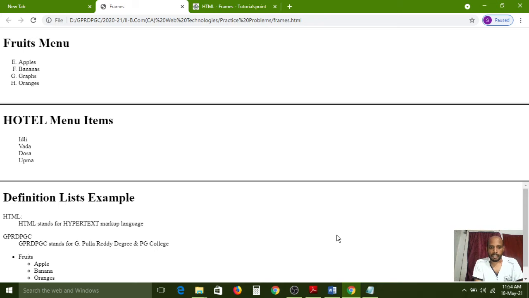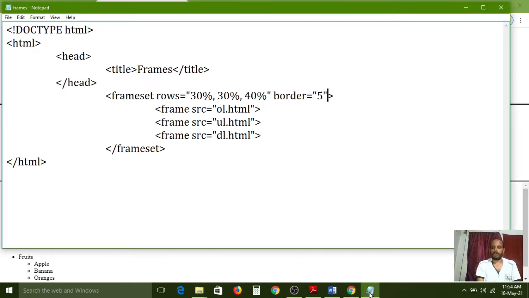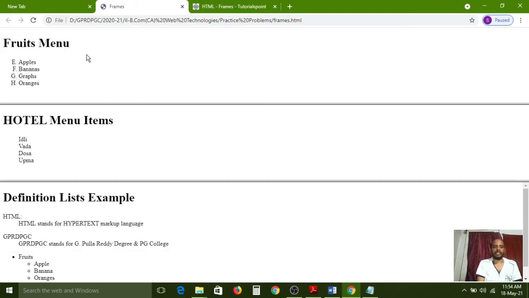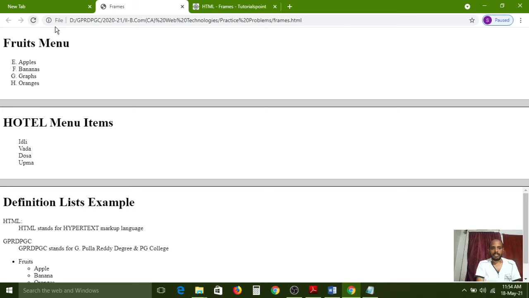By default a 10 size border has been applied, and it has reduced, but we can't see that one. Now I applied 20, then only we can find out. Now I am saving this and refreshing the page again. Carefully observe: the border size is increased now. So like that the border can be applied.